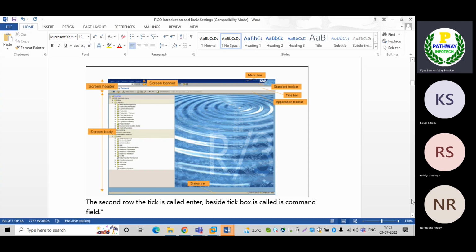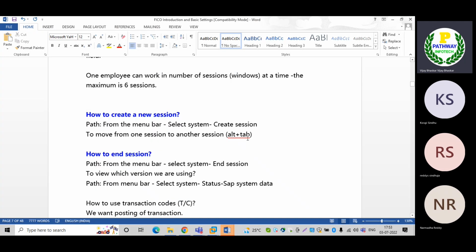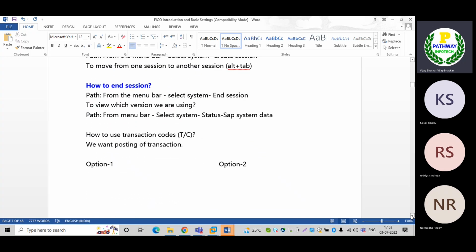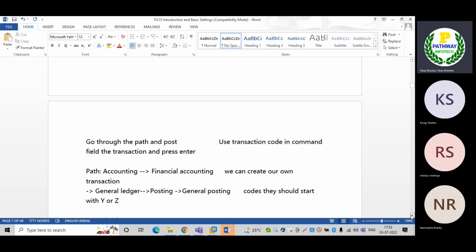These are just basic information. How to create the sessions, I have already shown you. Then how to end the sessions, I have already shown you. If I come down here, whatever things I have explained, the details I have given here, now